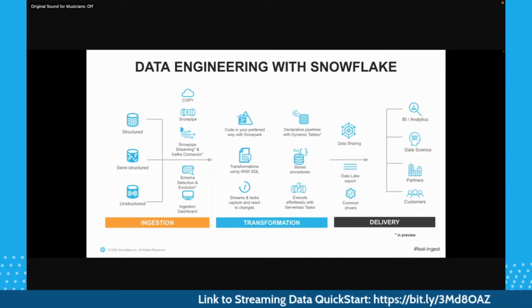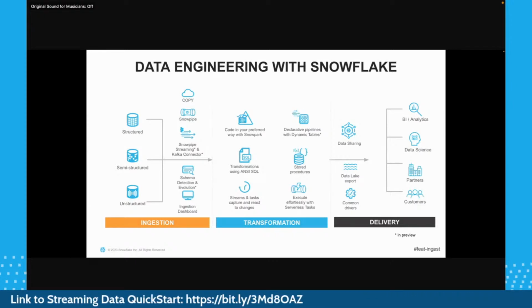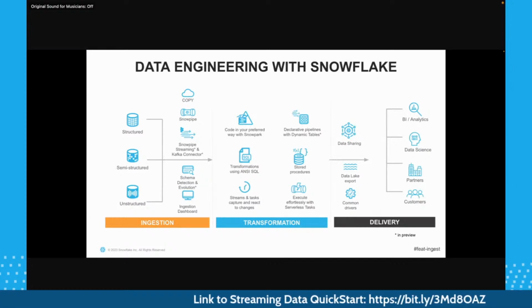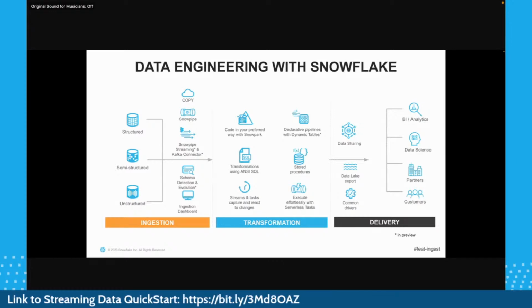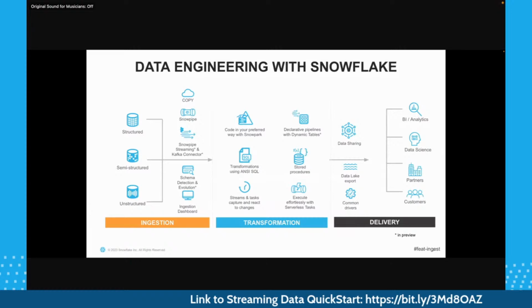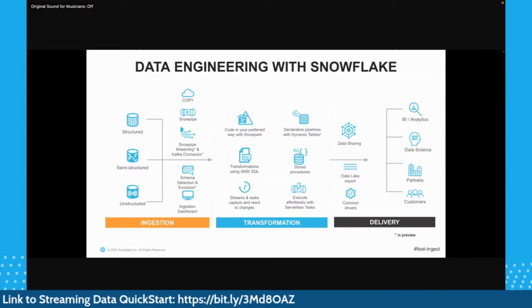On the left hand side, so we'll do a left to right move, what you see is the different data formats that Snowflake supports. Here we have the structured data, we have the semi-structured data, which are JSON, Parquet, XMLs, and then you have unstructured data like the PDFs and images. So today the data cloud supports all these three formats. Now, when it supports all these three formats, definitely you need different mechanisms to push or to pull this data into the data cloud, right?